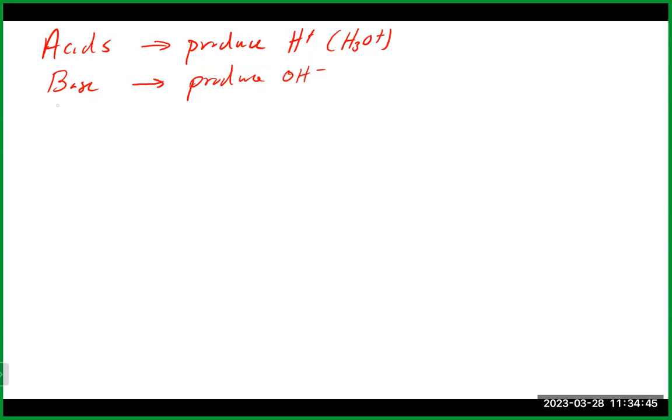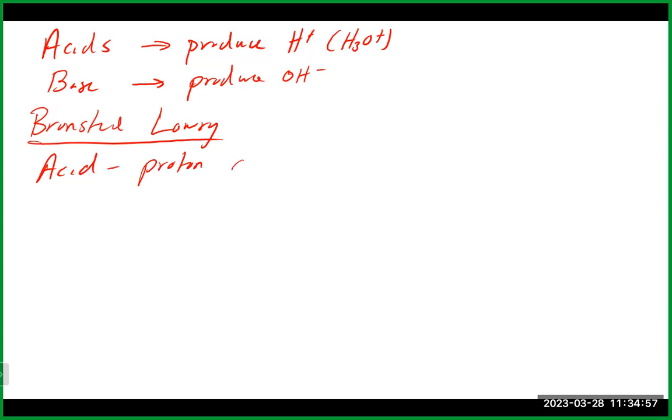We talked about a Bronsted-Lowry definition of an acid and a base, where an acid is a proton donor. And remember that a proton is an H plus, so that's another name that we use in acid-base chemistry for H plus, which is a proton. A base is a proton acceptor. And you've got to remember that it's not just the H, but it is the H plus. So the charges of everything do change as somebody accepts an H plus or removes an H plus from